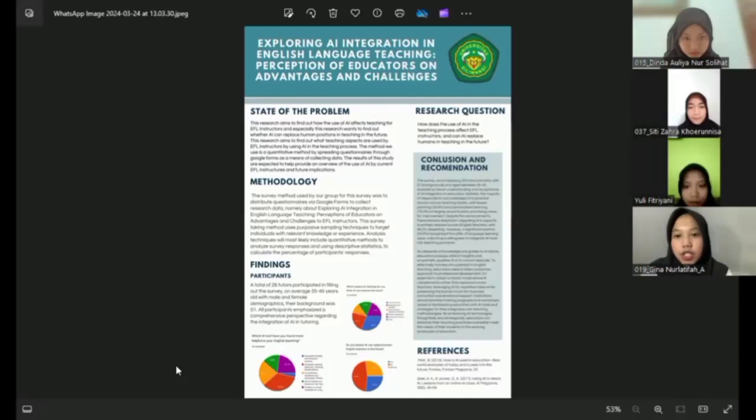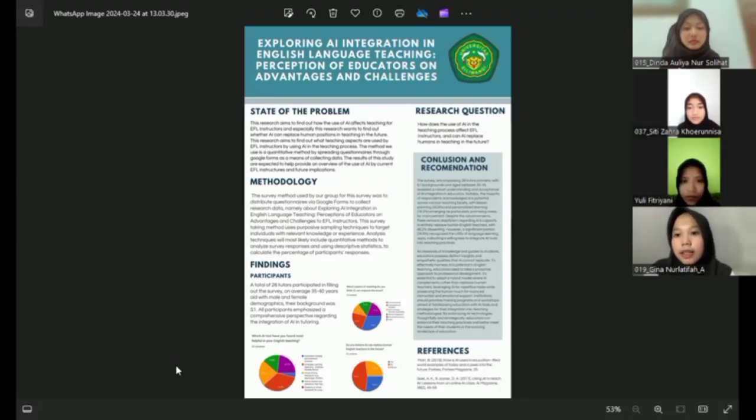Forms to collect research data, namely about exploring AI integration in English language teaching, perception of educators, and advantages and challenges to EFL instructors. The survey-taking method uses purposive sampling techniques to target individuals with relevant knowledge or experience.